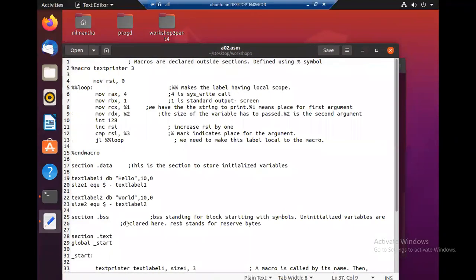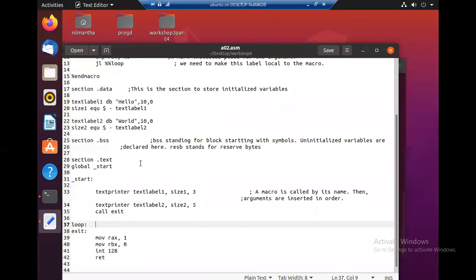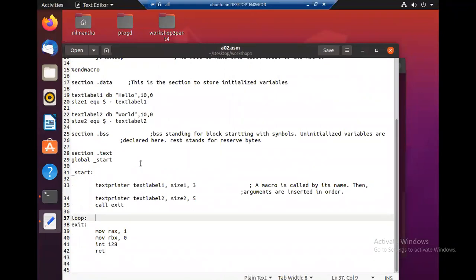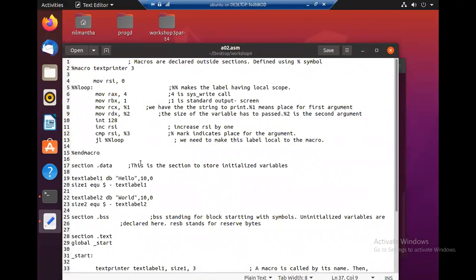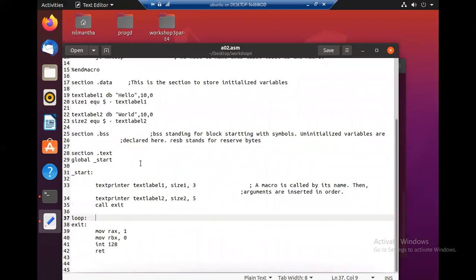So that is the advantage of using macros. It is just like a normal function in a high-level programming language. That is a kind of text substitution, but with arguments. A subroutine is a text substitution mechanism without arguments. So a macro is an extension.